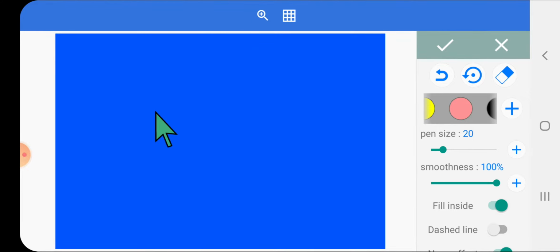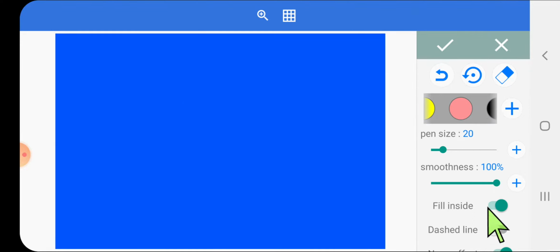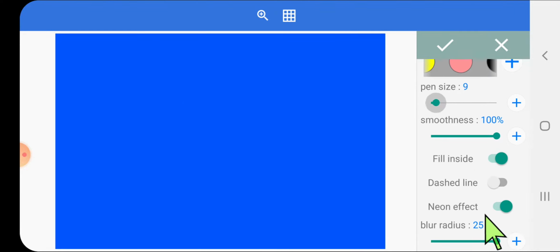Deselect this, then only we are able to draw. See, the neon effect we have to stop. Blur radius 0. Now let's start.